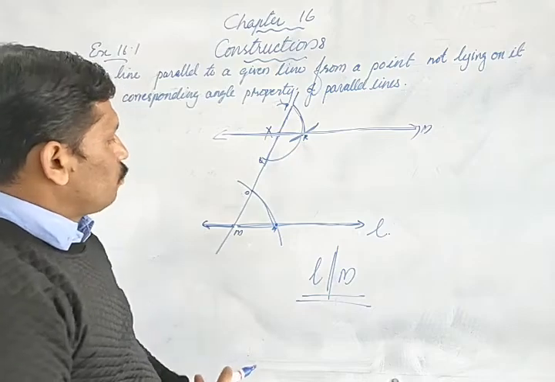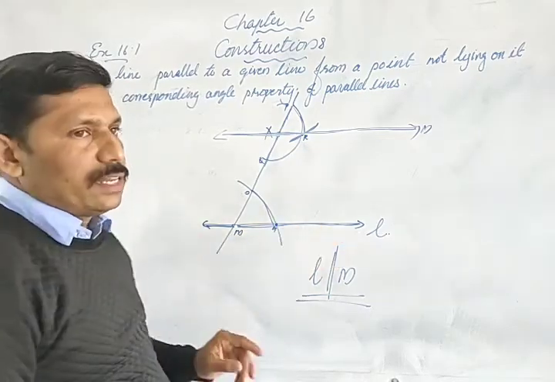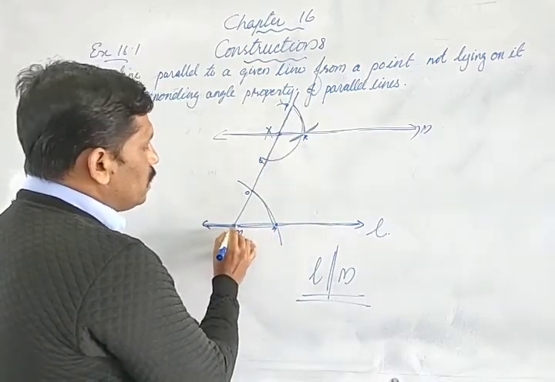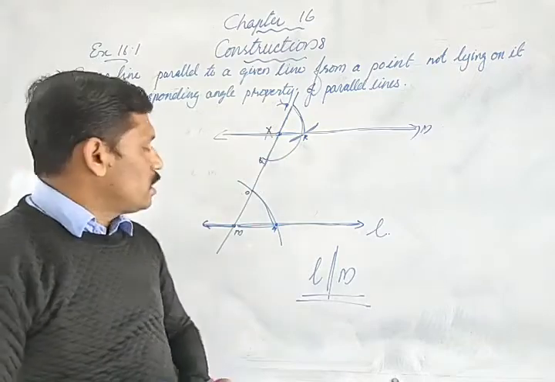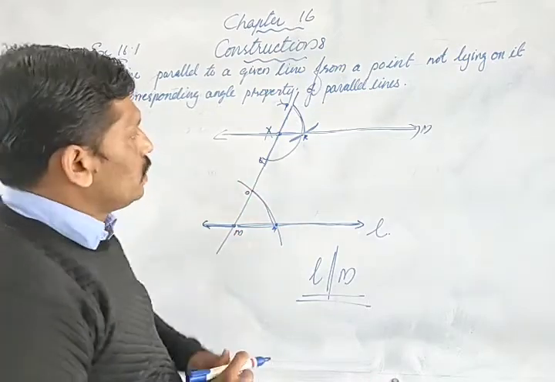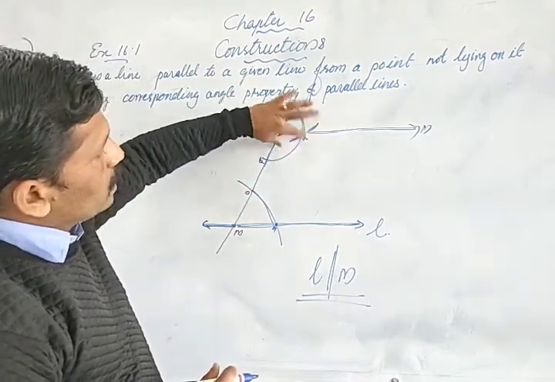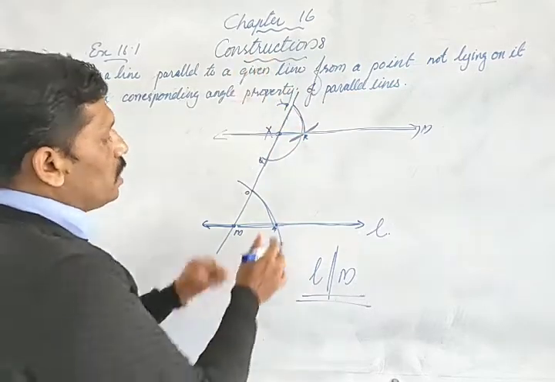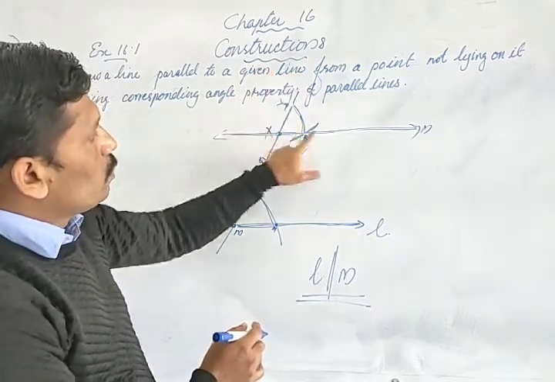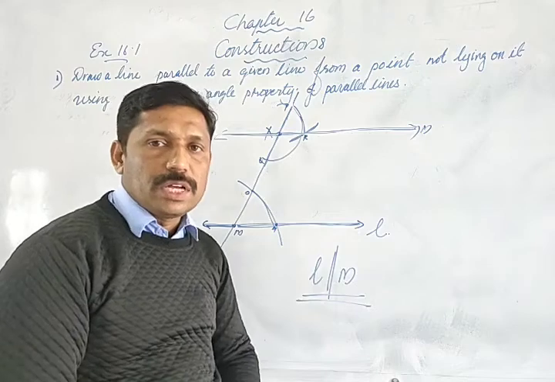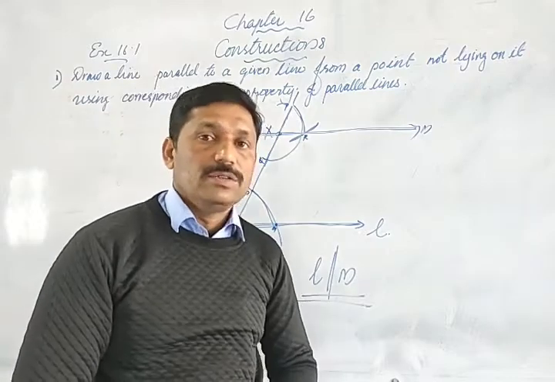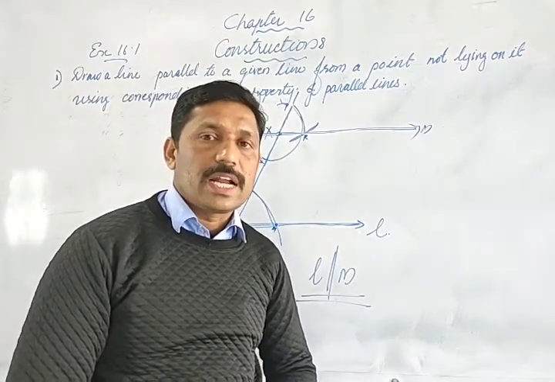So first we draw a line L and then we mark a point outside. That point is X, and from this X we draw a line and cut line L, and here we get two points. After that we take a suitable radius and make a semicircle here, and cut it. This distance we measure, and that distance we measure from here and cut. And these two points we join using a line. In this way we can make the parallel lines. I think students, you understood how to make parallel lines to a given line using the corresponding angle property.